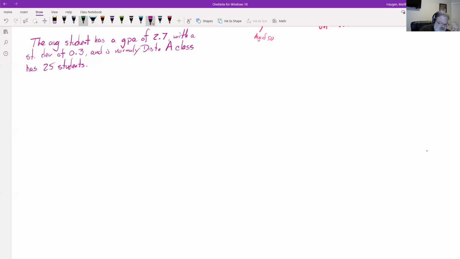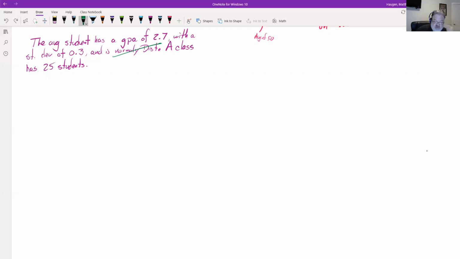Now, if this problem instead hadn't said normally distributed, but this was 40 students, and now somebody asked, what is the shape of your sampling distribution? It's still normal because it's above 30, because the sample size is large enough. But if it was still 25,